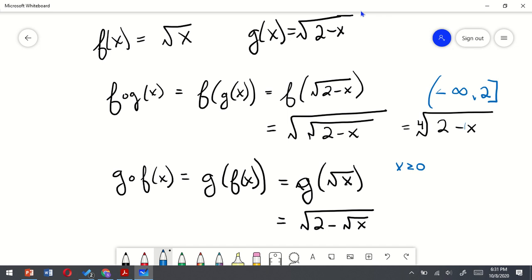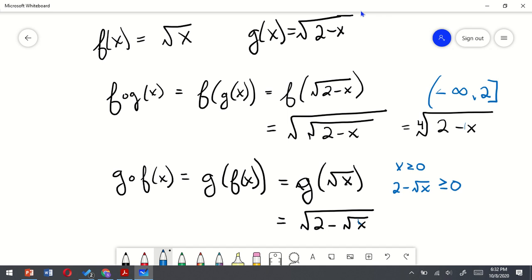And then we have to have that 2 minus the square root of x has to be bigger than or equal to 0, because that 2 minus the square root of x is also underneath the square root. It's also under a radical. And so that's going to happen when x is less than 4,